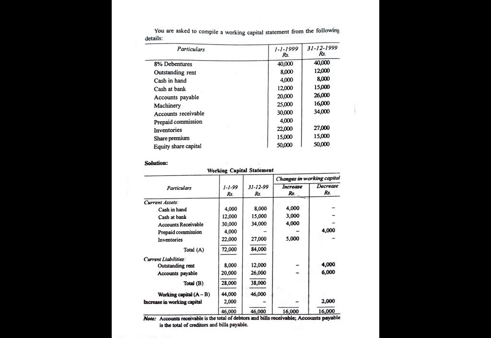So the increase column total is 16,000. The decrease column total is 14,000. So the balance amount falls in the increase column. So you are going to write increase in working capital 2,000 rupees. Next we'll move to the